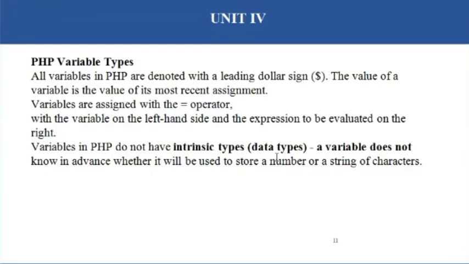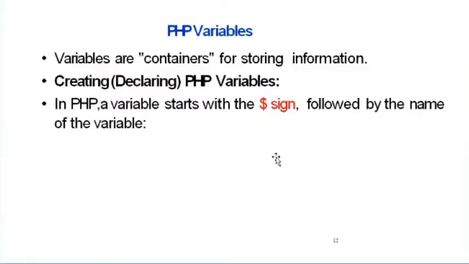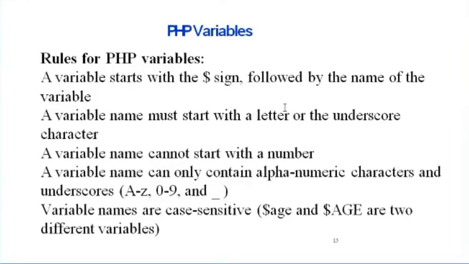Okay. So next, a PHP variable starts with a dollar sign, followed by the variable name you declare. The rules for the variable name: first it begins with the dollar symbol followed by the variable name, and it cannot start with a number. The variable name is a combination of alphanumeric characters, that means alphabets and numbers. And PHP variables are case sensitive. What does case sensitive mean? A small letter differs from a capital letter.